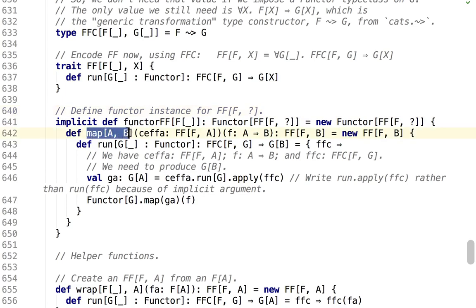I need to define a map function that takes a previous ff of a function a to b, and returns a new ff of b, where f is kept as a type parameter throughout. Now, in order to return a new ff of b, the only thing I can do is to create a new anonymous instance of the trait and override the run method. So now I'm here in the run method. I'm supposed to do this. So let me